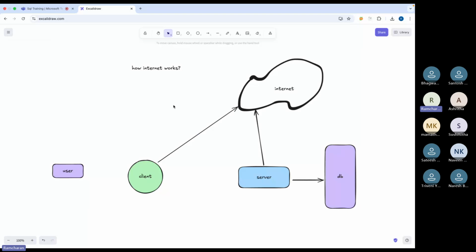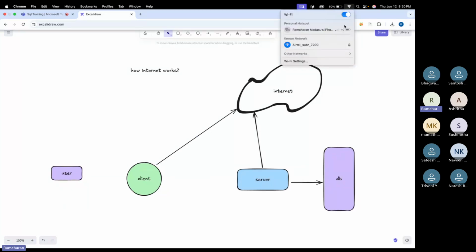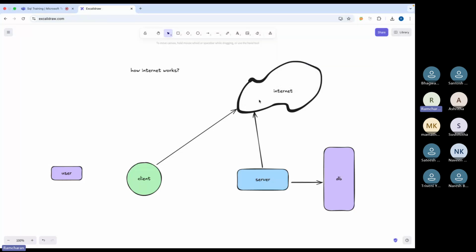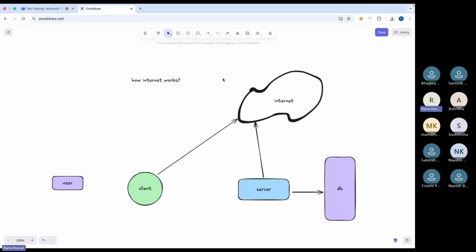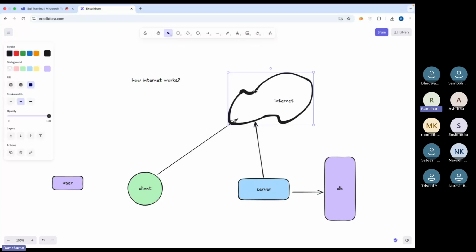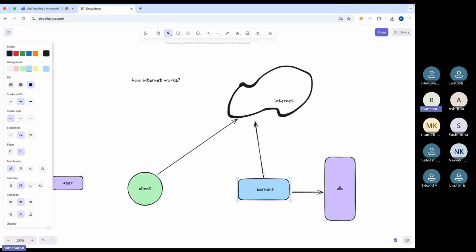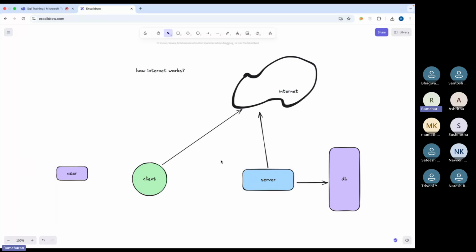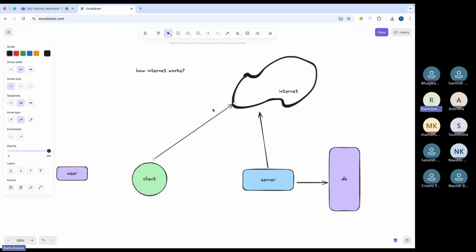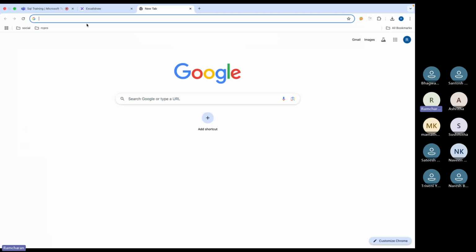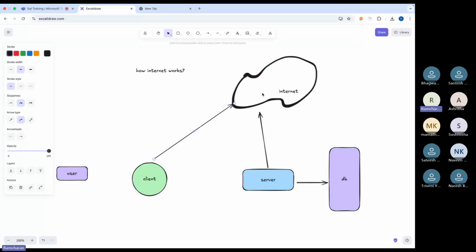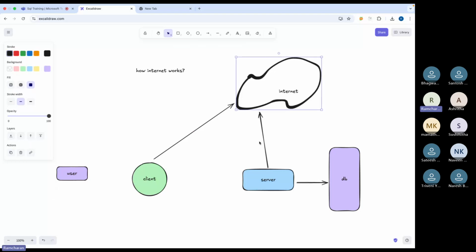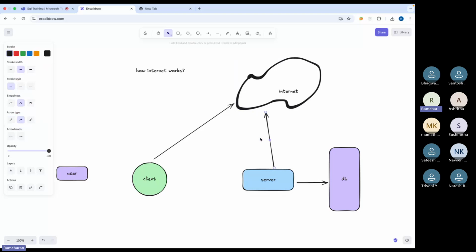So that's why, currently I connected to a Wi-Fi here, right? And if you don't have mobile data, for example, then you cannot connect to the internet. So you have to connect to the internet first to connect with the server. Understood? Everyone clear here? That's why this internet concept came. Let's say I don't have internet, so if I search something, it will give us no internet, right? Because client will connect to the internet, and internet is a medium for us. So servers will be connected to internet, clients will be connected to internet,